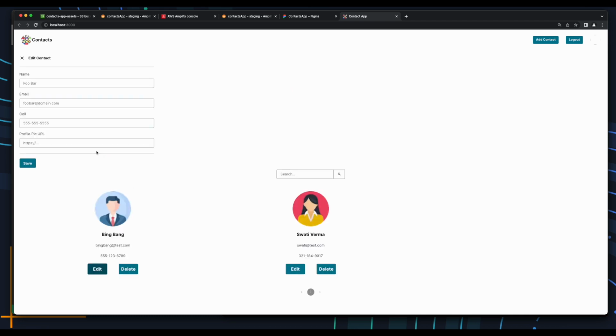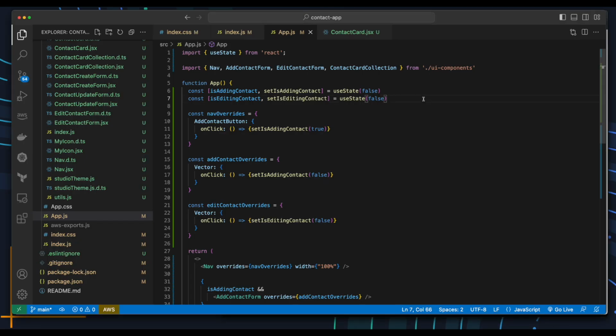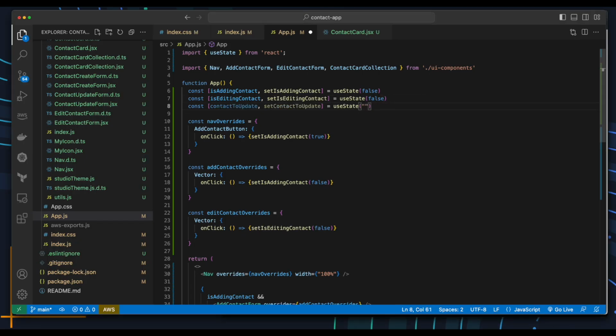So when I click edit and the form comes up, I want to be able to enter this information, click save, and then see it updated on the contact. However, in order to do this, I need a way to tell the contact form which contact I want to update. So let's jump back into the code, and I'll scroll to the top and create a constant for the contact to update. Now I'll scroll back down